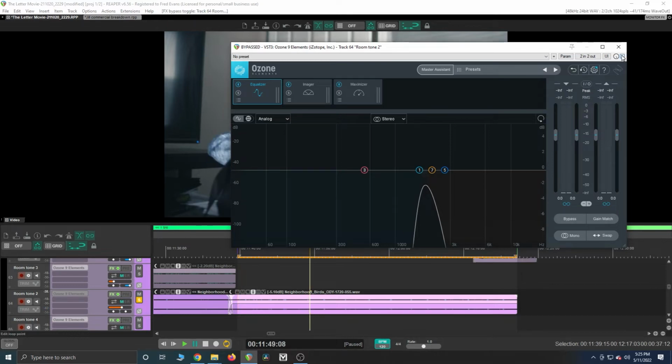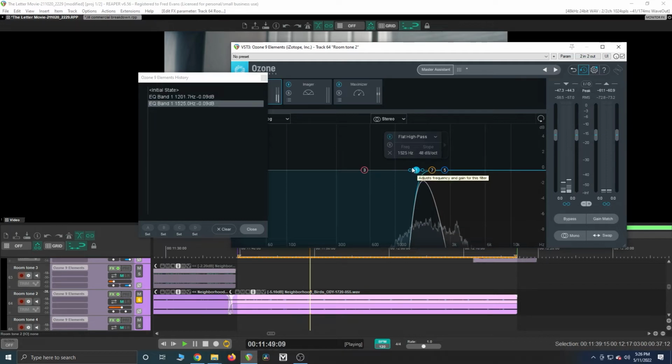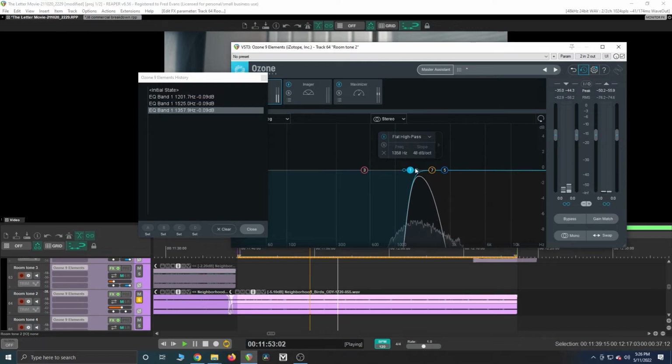And I used this EQ to really just notch in. Instead of using this full spectrum, I really, really notched in because I just wanted those birds. I didn't care too much about the wind noise or anything else that came with the sound effects. I just wanted to extract the birds. And you can sort of hear just those birds peeking through the mix.